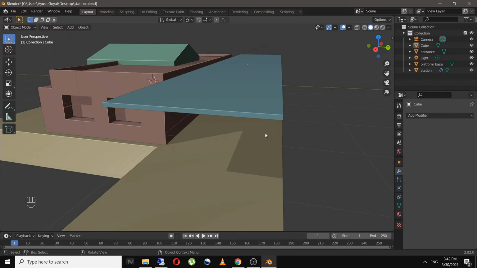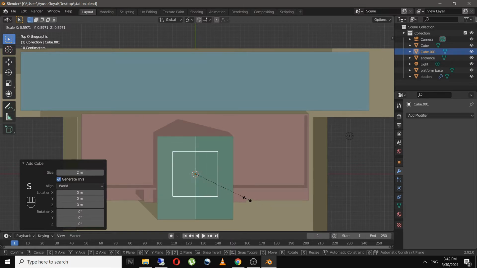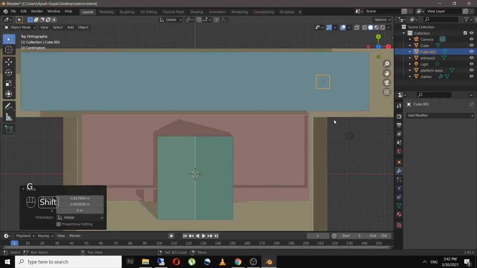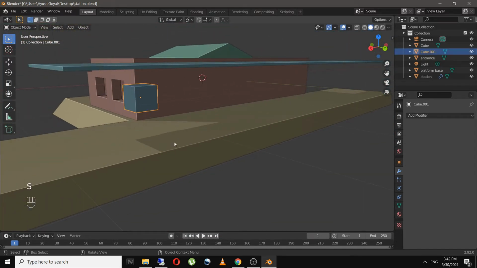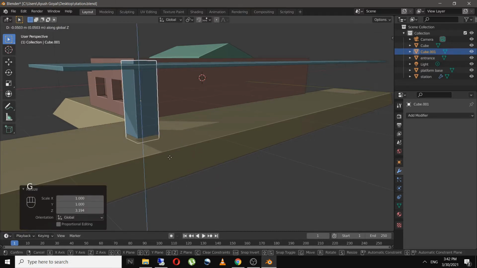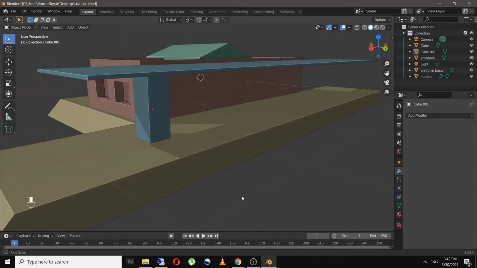And now let's create the pillars for the platform. Scale this down on z-axis. Maybe a little smaller.